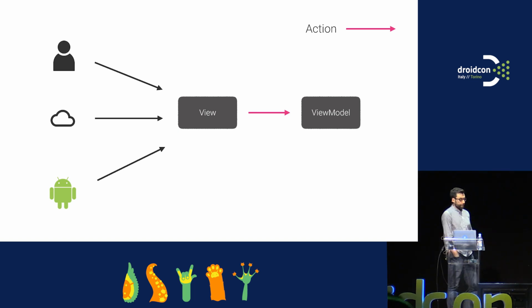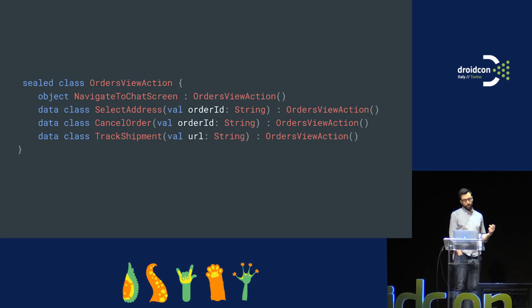Actions are something as simple as something like this. Sealed classes are what we thought was the best approach to model how to display what information we're taking care of here. So the actions can be navigating to a new screen, when you press a button, you move to a new screen. Or actions that are more business related, like selecting an address, canceling another tracking achievement. Those are things that are very distinct in themselves, so we thought the best way for us to implement it was using a sealed class.